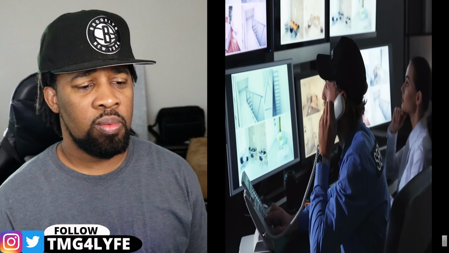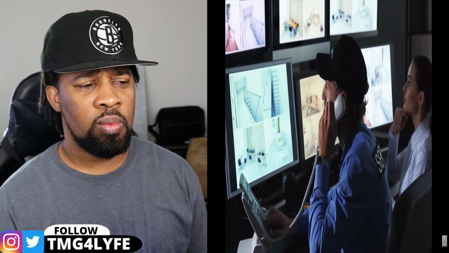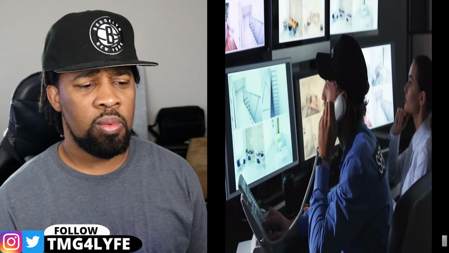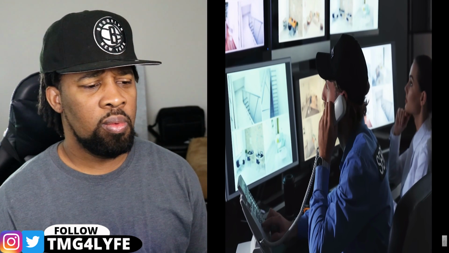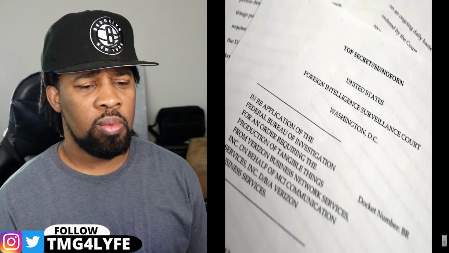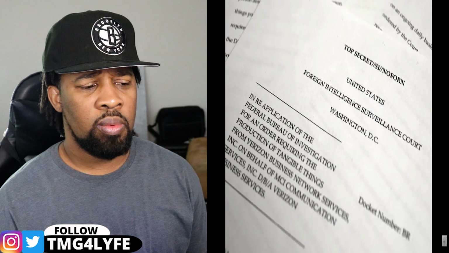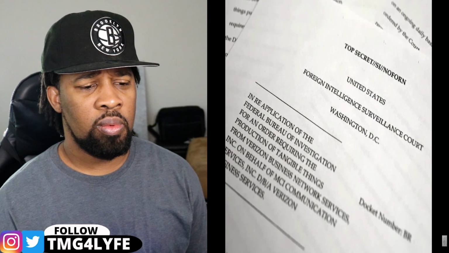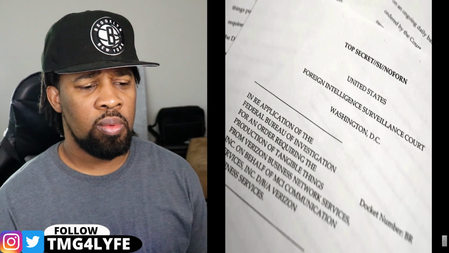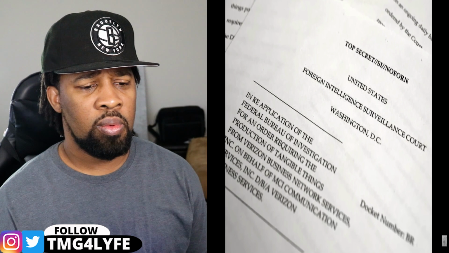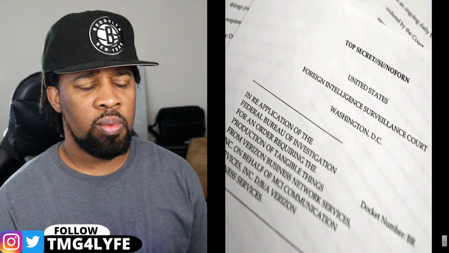The report was released on The Guardian, written by Glenn Greenwald. According to the document, telephony metadata includes comprehensive communications routing information, including but not limited to session identifying information. For example, originating and terminating telephone number, international mobile subscriber identity number, international mobile station equipment identity number, and time and duration of call.